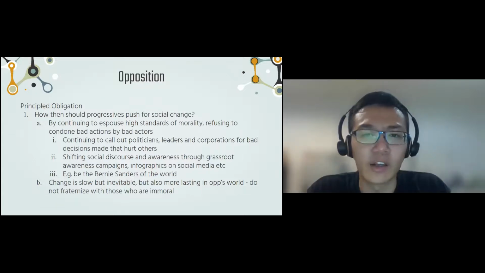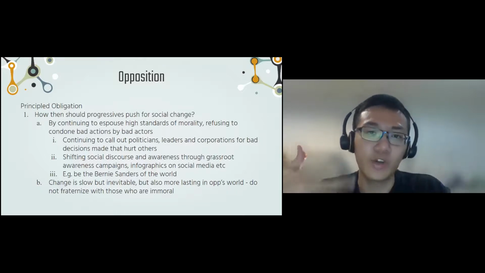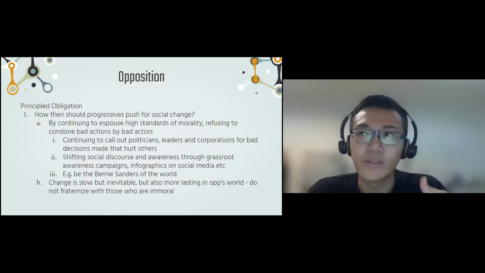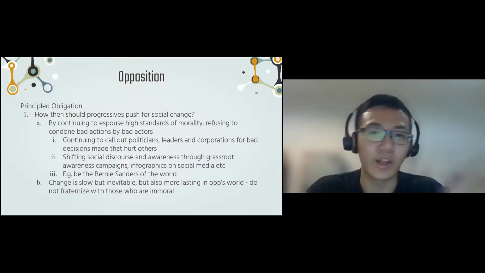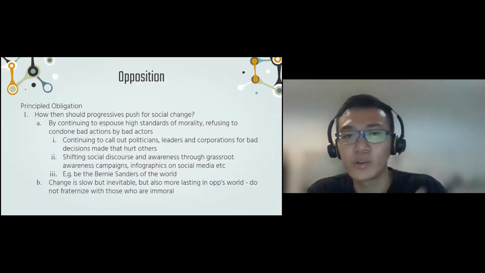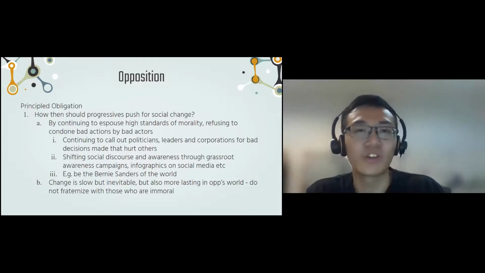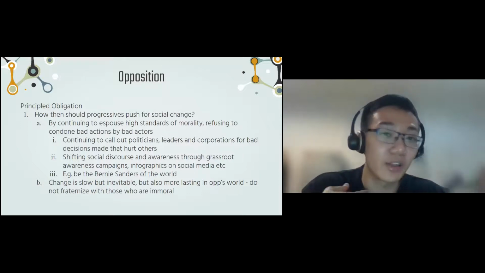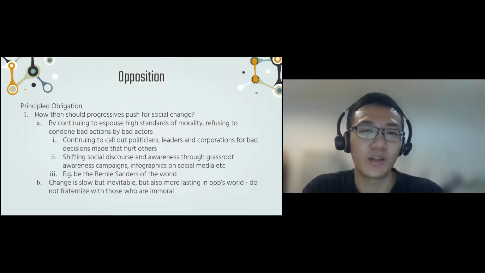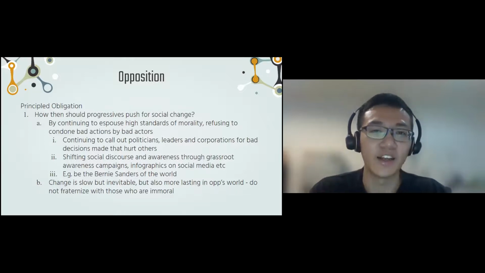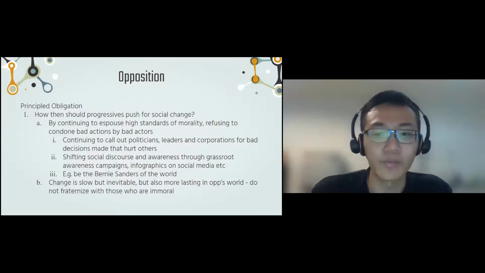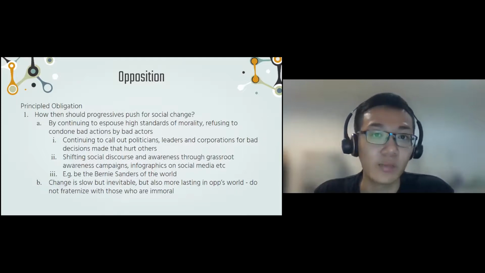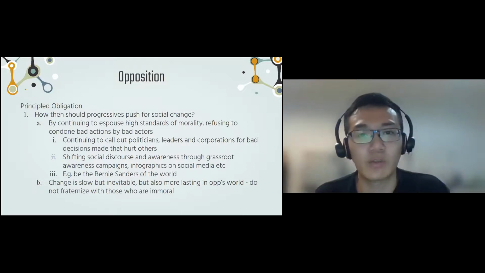And also the fact that, if you are trading off values, this for that, if you trade off, I don't know, something in order to get greater access to abortions today, there's no reason why you would not trade off this greater access to abortion for some other value tomorrow, which means you don't necessarily get the incremental changes. You get sporadic changes here and there, depending on what is most convenient for you. So in terms of weighing the sustainability of that change, in terms of weighing the number of people that you protect into the long term,